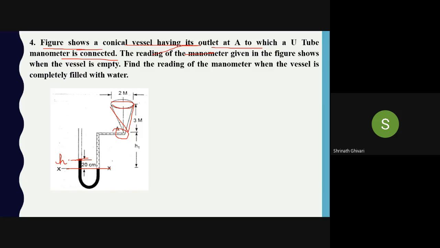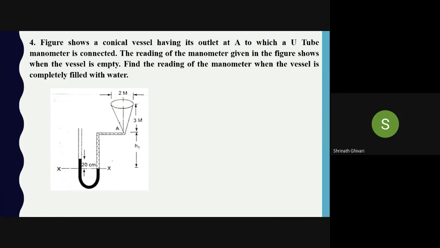H2. H2. Good. See, one confusion he has given here. On the left limb, he has given the level of mercury. On the right limb, he has given a conical shape. Remember this. This is a bit confusing because previously, everything was like this. Left limb पे पानी का pressure ढूंढते थे and mercury का level right limb में देखते थे. But here it is opposite. In the left limb, on your left, it is mercury. On your right, it is funnel. Okay.